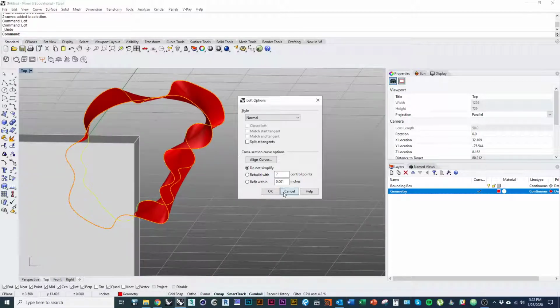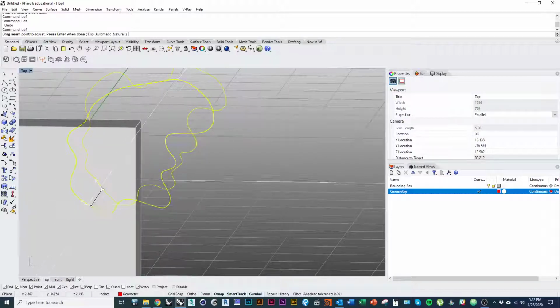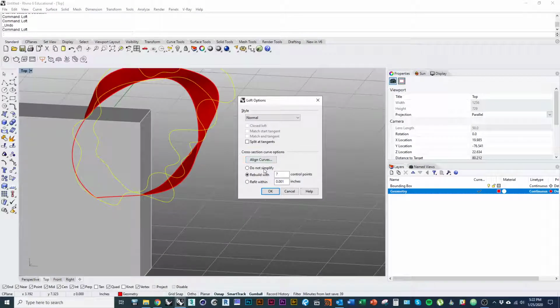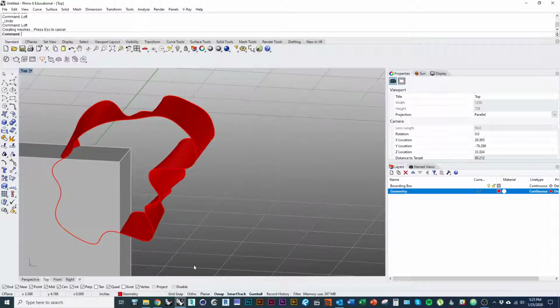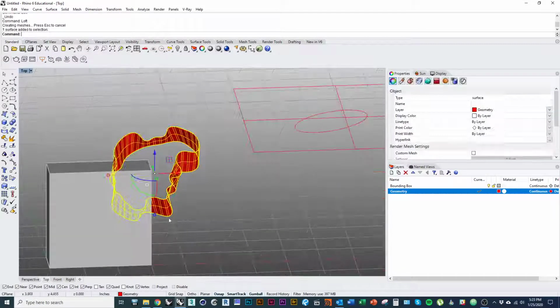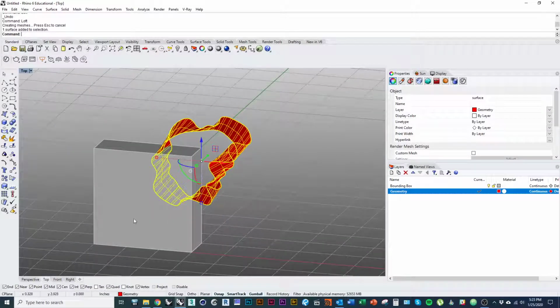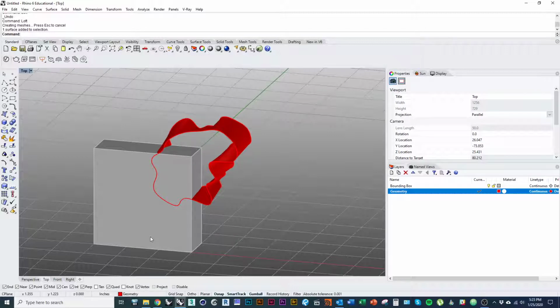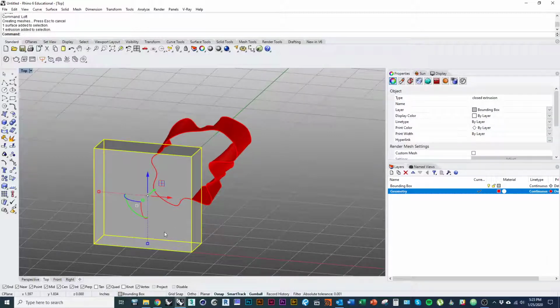So what I want is to just leave those aligned or make them as aligned as possible if they don't automatically get aligned. Again, do not simplify and click OK. And so now we're just going to repeat the same exact operation. Either you want to rotate it around the center point of the box. If you want to find the center point of this box, you can use the command